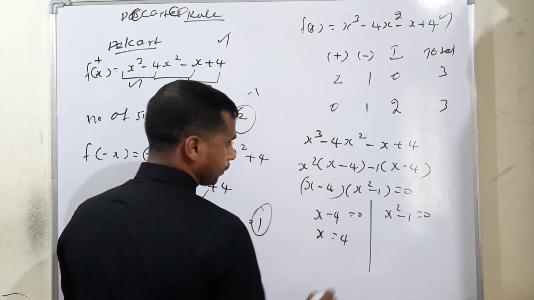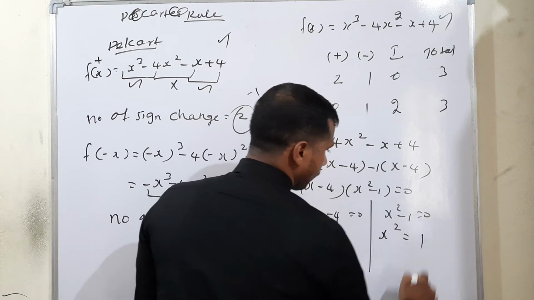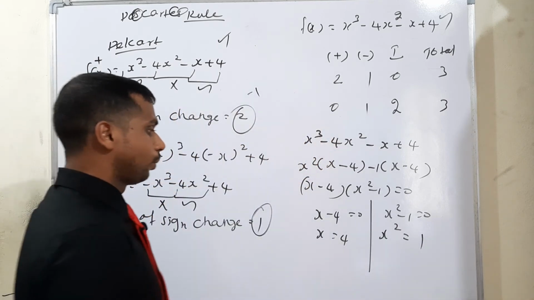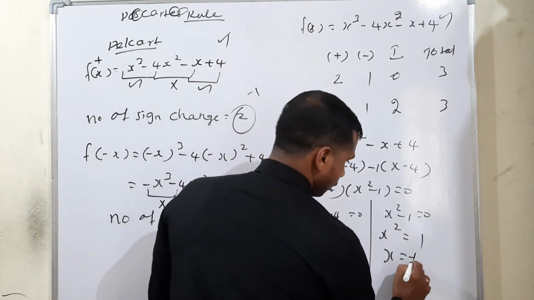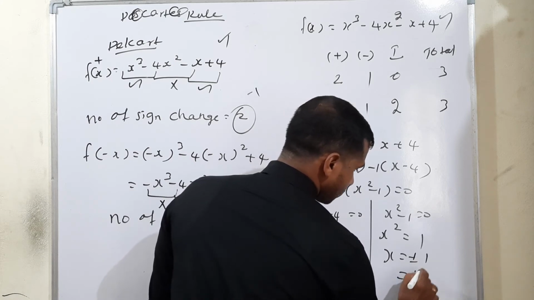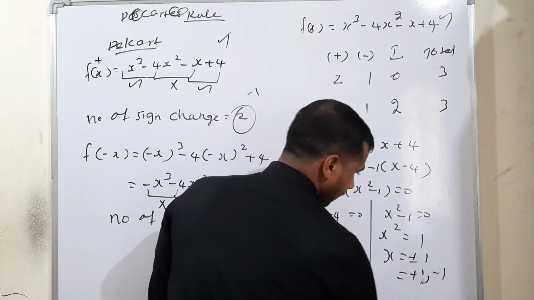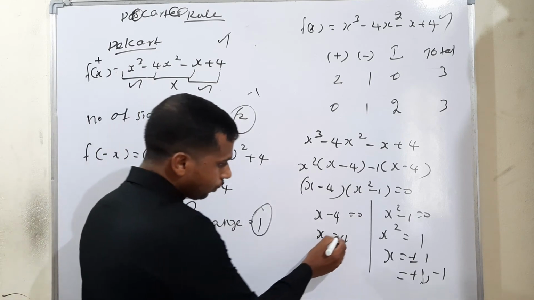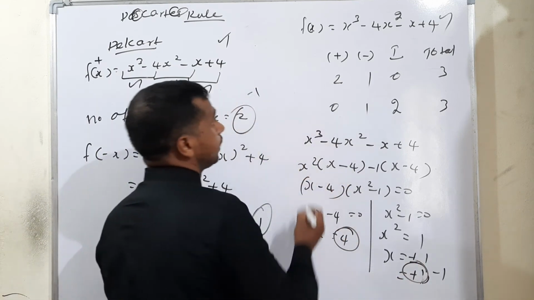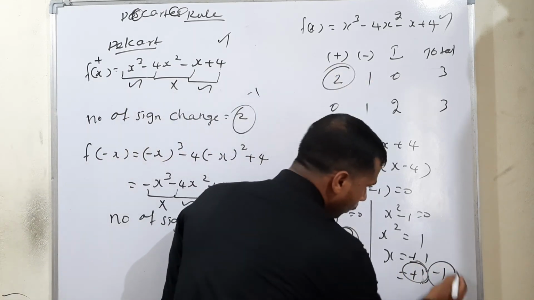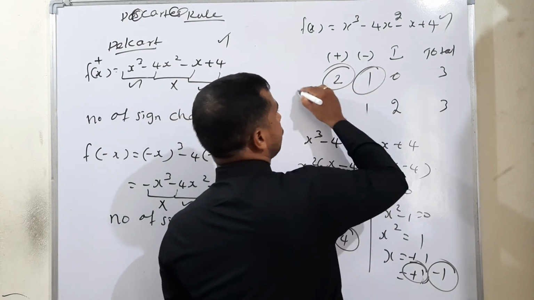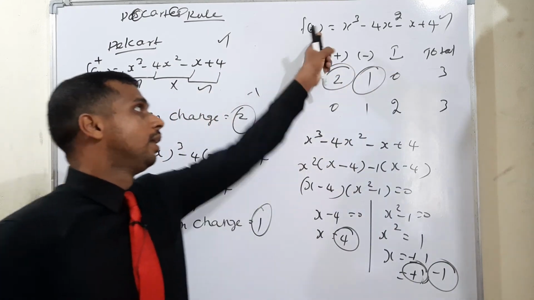Therefore x is equal to positive 4. Here x square is equal to minus 1; bringing it to the opposite side gives positive 1. So therefore here x is equal to plus or minus 1. So plus or minus 1 means positive 1 answer and negative 1 answer. So totally, positive, what are the values? Positive 2 answers are there. Negative only 1 answer is there. So the first case is the suitable answer for this question.